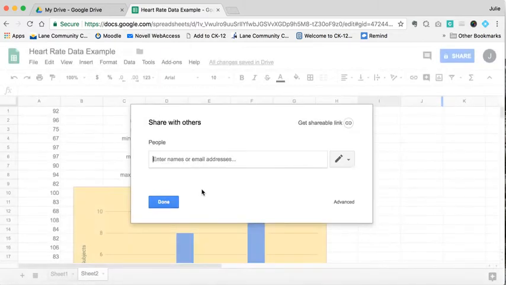And then I can enter the email addresses of other people that I want to share this document with. And they can actually go in and work on it at the same time that I do, which is a little bit weird when you're in the document, but it's also kind of cool. When I share it, I have a choice here. If I click on this little pencil icon, I can allow other people to edit or make changes to the